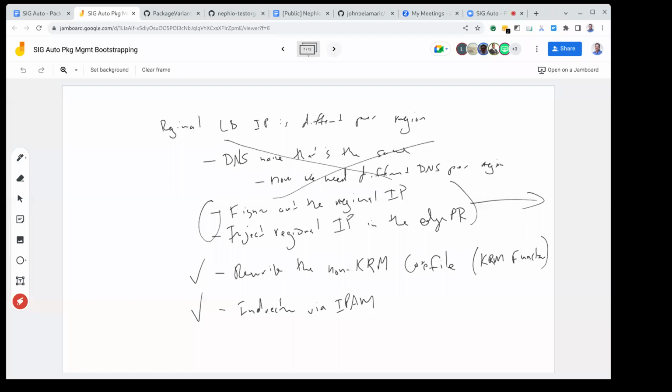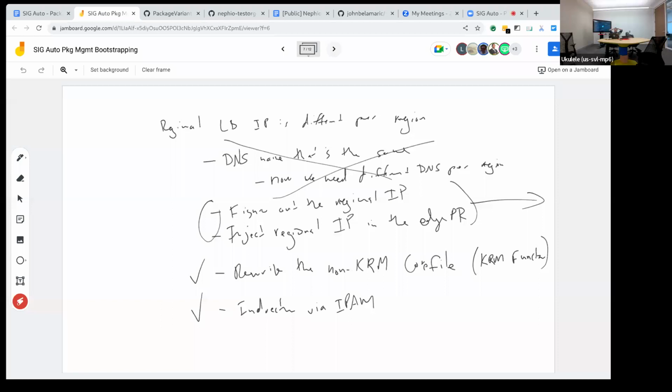Just wanted to say that because we are right now talking about IP, IPAM is a natural solution in this case. But at the end of the day, if we have an injector that can read the data from any Kubernetes resource, maybe the status, maybe the spec in some cluster, that would be enough. So if we put into the package the intent, as Jean-Marie said, that I need this data, and whenever this data is available, we just need a generic enough injector that can read it even from the load balancer service's status or wherever it is, and then inject the result back into the right package.